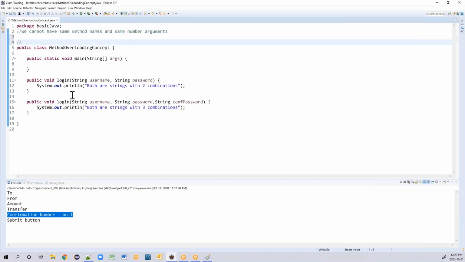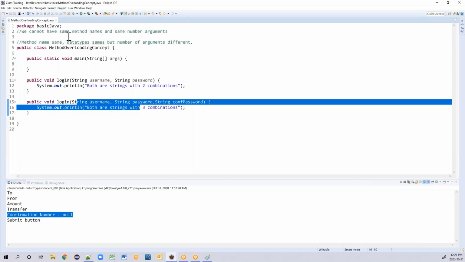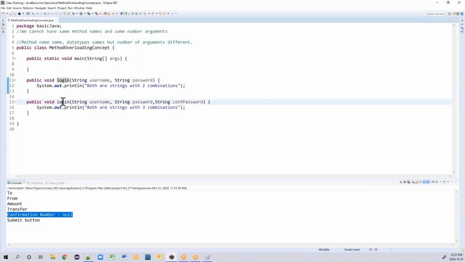Now the first one, what I have done is method name same, data type same, but number of arguments different. So here I have 2 arguments and here I have 3 arguments. So method name is same, login is the method name. Data types are same, string and string, but number of arguments are different, which is 3 arguments here. This is called as method overloading.